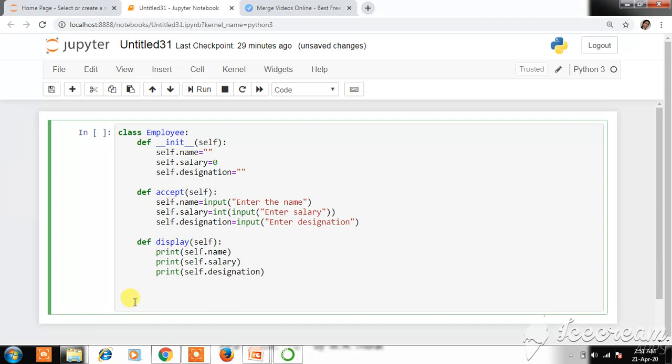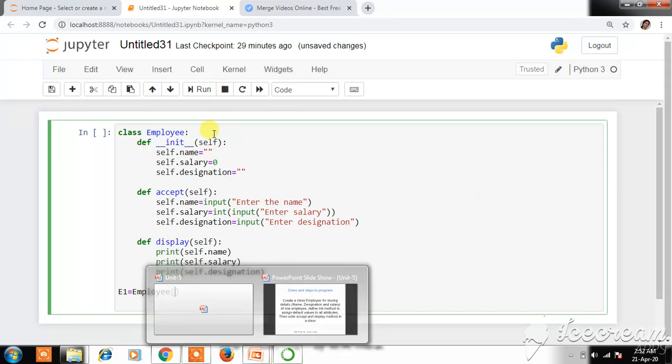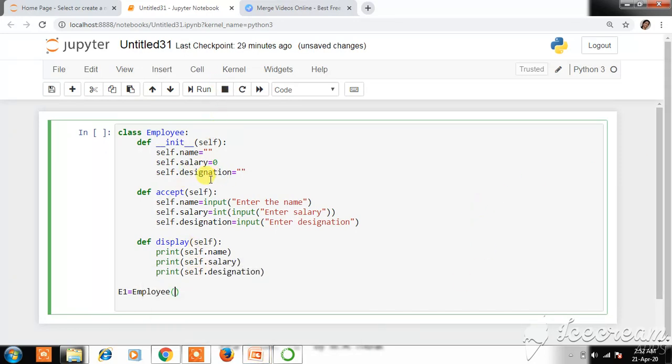Okay, now we'll write the statements to initiate a call to these methods. For that we have to first create the object. So to create the object we'll write e1, the object name, equal to the class name Employee in parentheses. In this case the init method will be called at this statement only, so there is no need to write a separate statement for the init method.